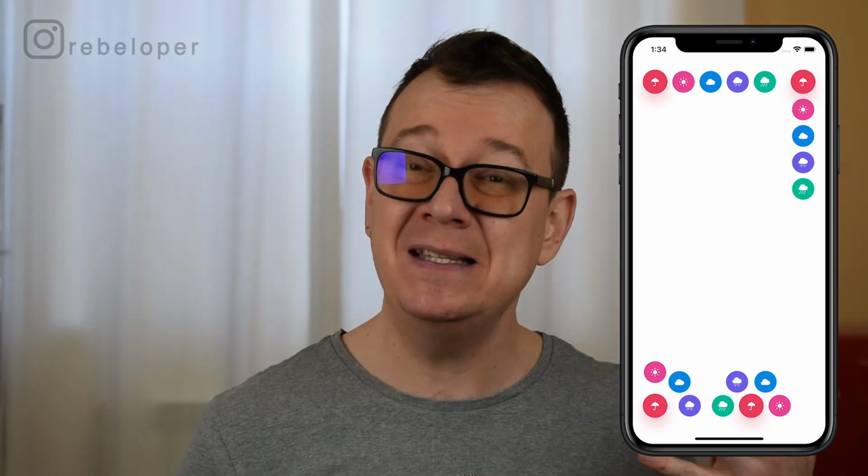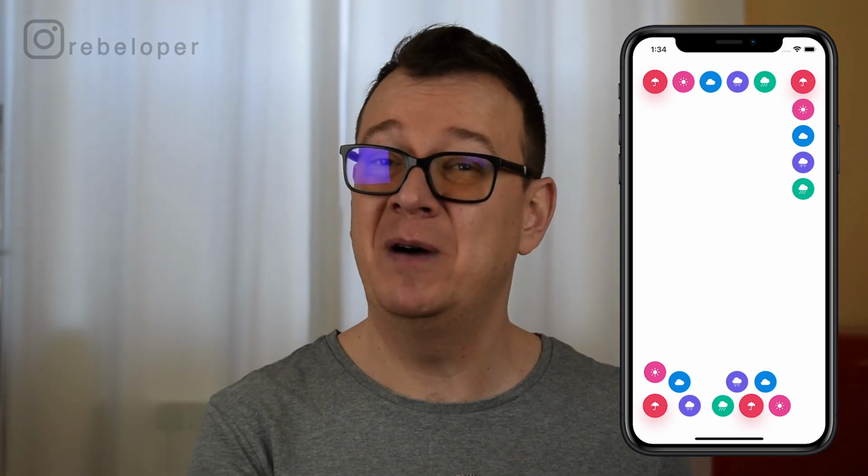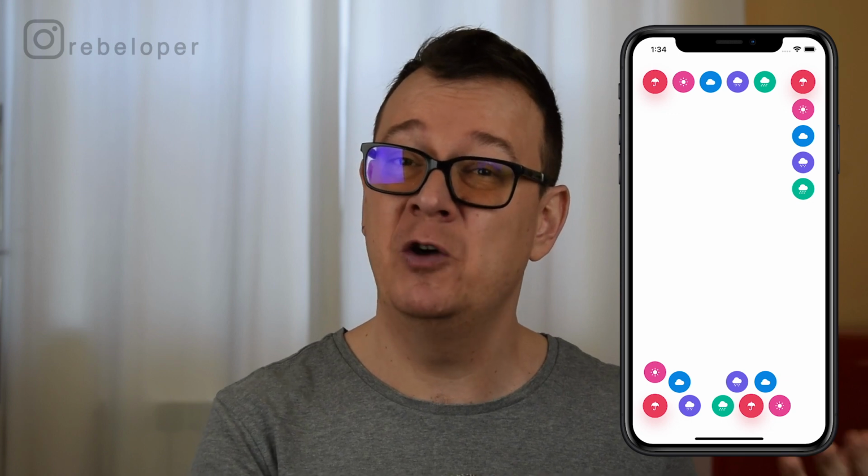Floating buttons are really awesome in an app. So today we are going to learn how to add a floating button into your SwiftUI app. Alex here from Rebeloper, and if you do want to build out this layout with these floating buttons, as you can see there are quite a lot of buttons here, but 4 of them are the floating buttons and the